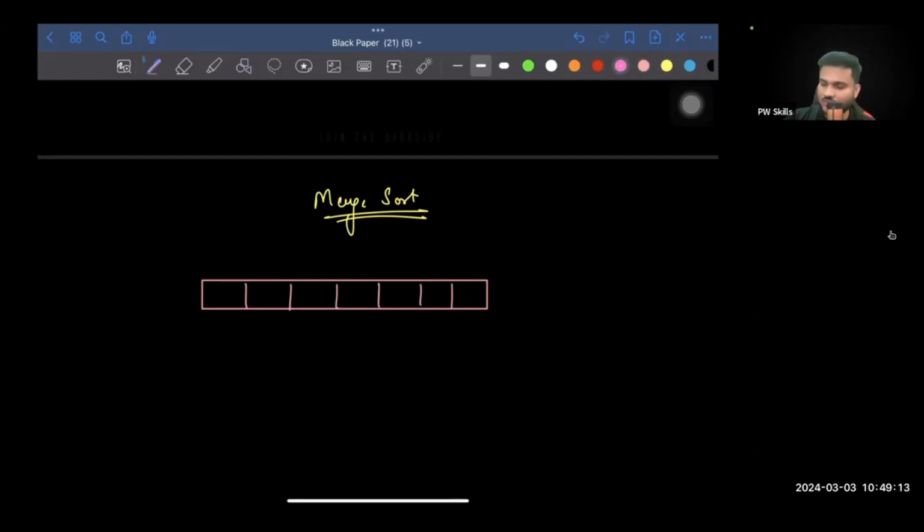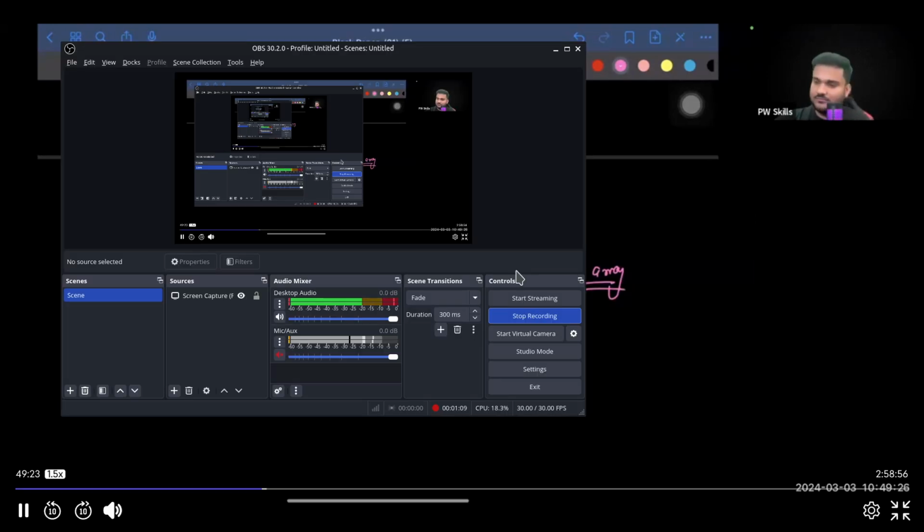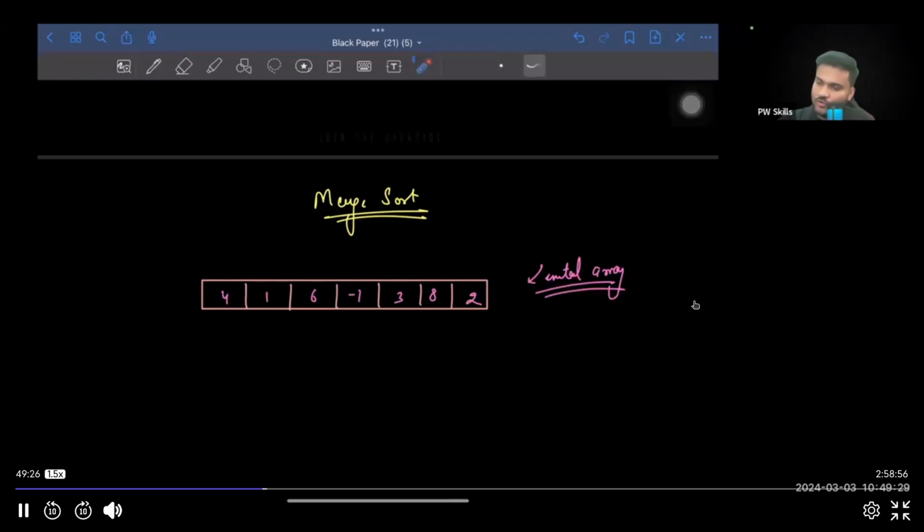Let's say it's a random array, okay? 4, 1, 6, minus 1, 3, 8, 2. It's a random initial array. What merge sort says is that if somehow you divide the array into two equal halves, or approximately two equal halves, for example,